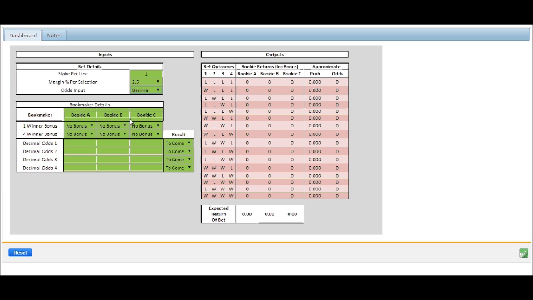So when you get down here to the bookmaker details, you can put in up to 3 bookmakers here. You can put the names in and it will update in all the other positions so that you know where you're looking at in all the other scenarios. So the first thing I'm going to do is I'm going to put in some prices here. Now I'm just going to put decimal odds of 6, 5 to 1 in fractional on these 4 selections in